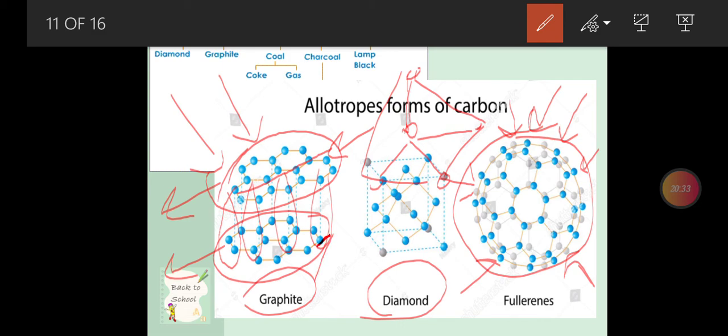Graphite is a good conductor of heat and electricity, because the layers can slide on one another, and this helps them to conduct electricity. Diamond is a poor conductor of heat and electricity, although it is also made up of the same carbon element, but the arrangement does not allow it to conduct any heat and electricity. And similarly with the buckyballs. So the properties are defined by the arrangement of atoms in all these structures.